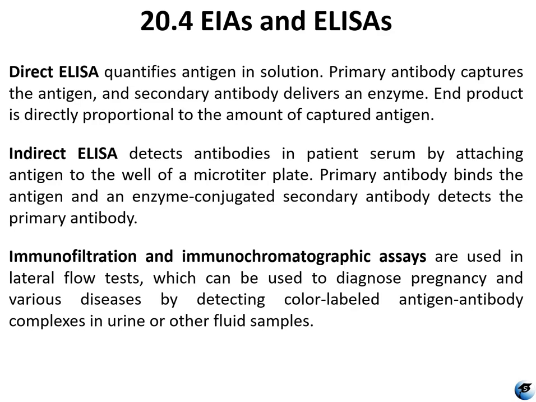Immunofiltration and immunochromatographic assays. These are your lateral flow tests, and these can be used to diagnose things very quickly. Most commonly, they're used to determine if someone is pregnant, but you also can detect other types of conditions, or at least screen for diseases. And this is using color-labeled antigen-antibody complexes that can determine if you have certain chemicals in your urine or other